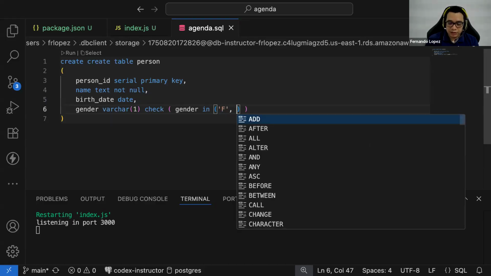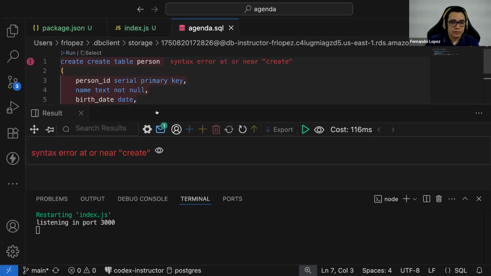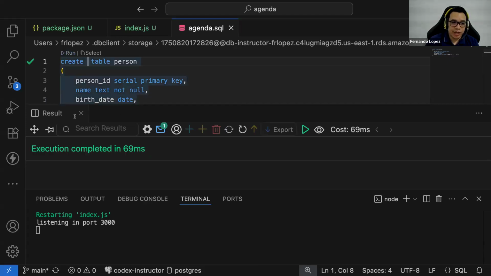So the only two values allowed in this column will be F and M. Now let me create the table. Create. Now the table has been created.